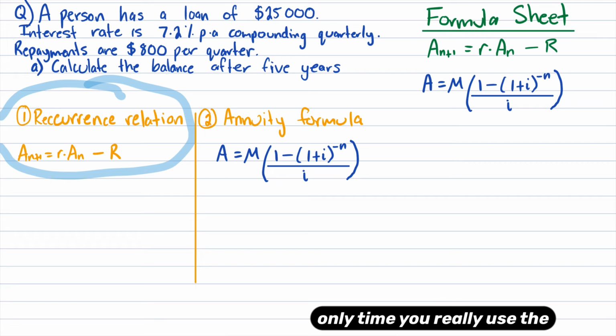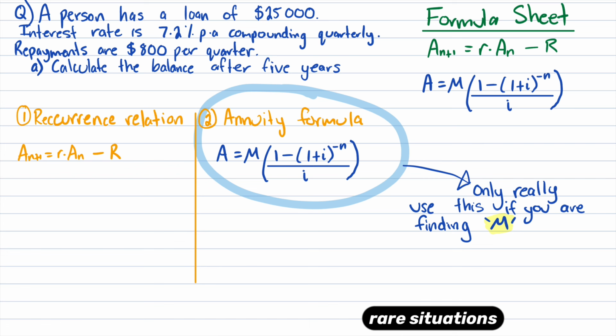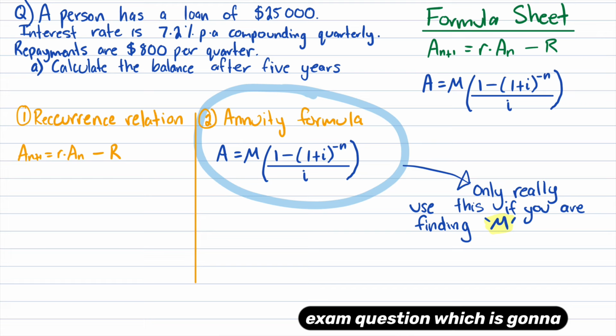The only time you really use the annuity formula for reducing balance loans is if you're trying to find M. There are some other rare situations, and we'll go through some of those when I do the solutions to every single past external exam question, which is going to be right at the bottom of this playlist. But from what I've seen, 9 times out of 10, whenever you're using the reducing balance loan annuity formula, you're pretty much just required to find the repayment amount, or M, which is how much you're paying off on the